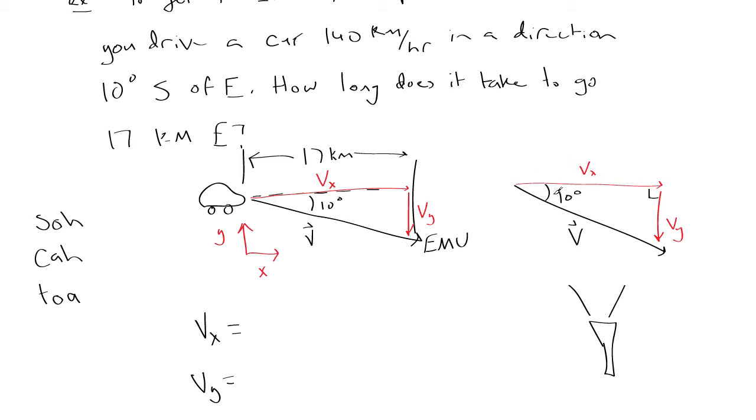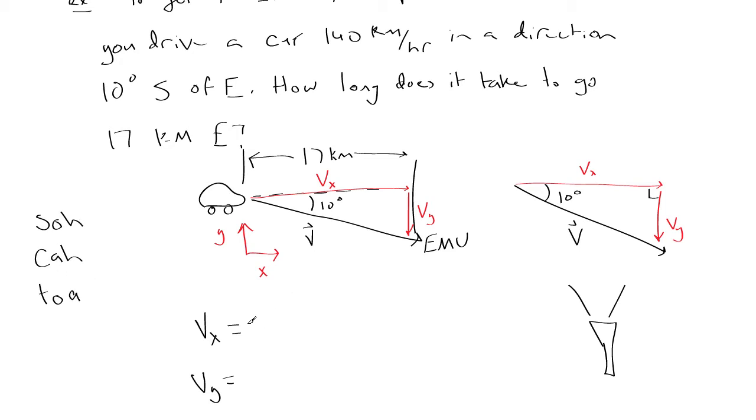So let's start off by solving for the x component of the velocity. I know the angle is 10 degrees, and I'm trying to get vx, and I can relate that to the magnitude of v, which is the hypotenuse of my triangle. So the equation looks like this. If I'm solving for vx,